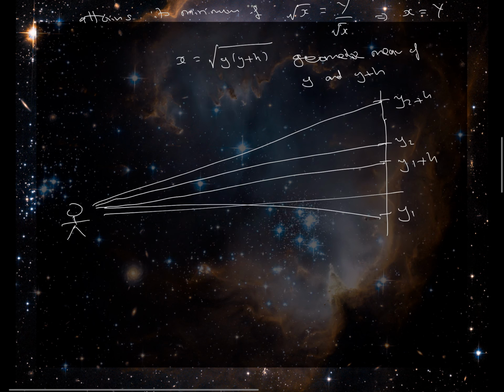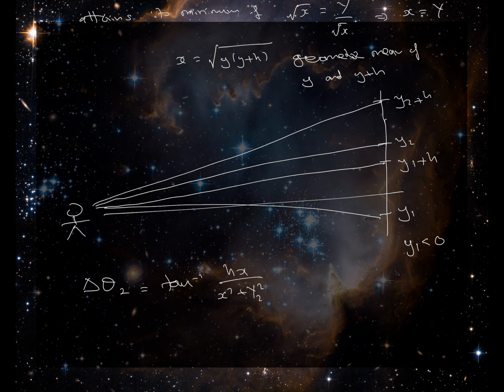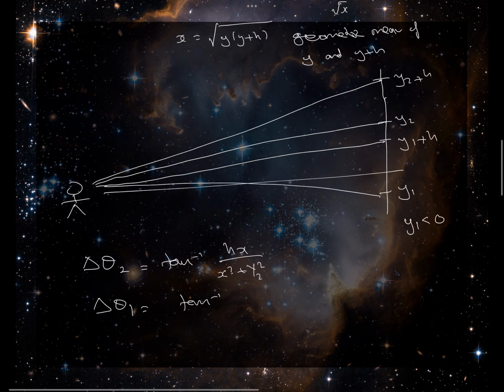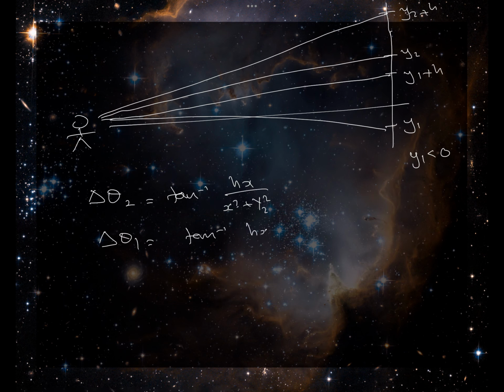So y1 is going to be less than 0 in this case. Now delta theta 2 is inverse tan of hx over x squared plus y2 squared. And delta theta 1 is equal to the inverse tan of hx over x squared plus y1 squared if x squared plus y1 squared is greater than 0,